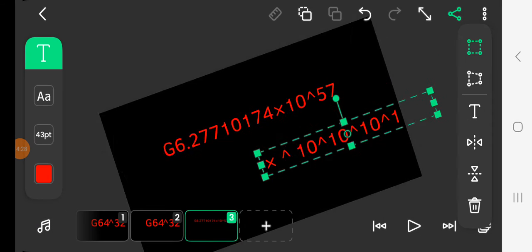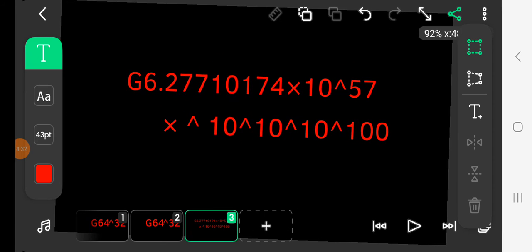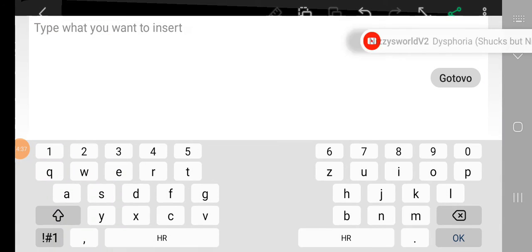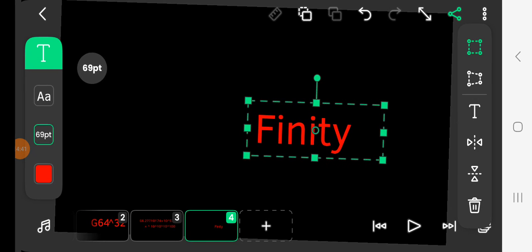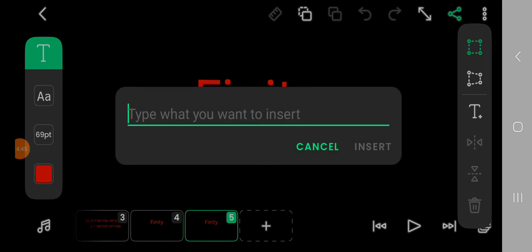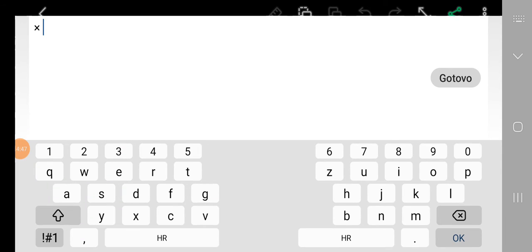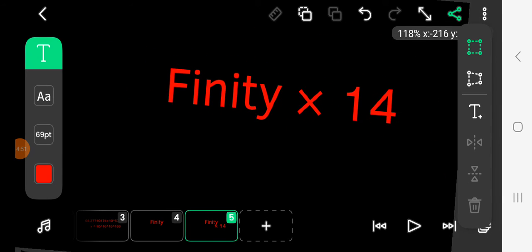But guys, if we do it by this answer right here, we should approximately get infinity. Yeah, we should probably get infinity at this point. And infinity times 14 shall be approximately